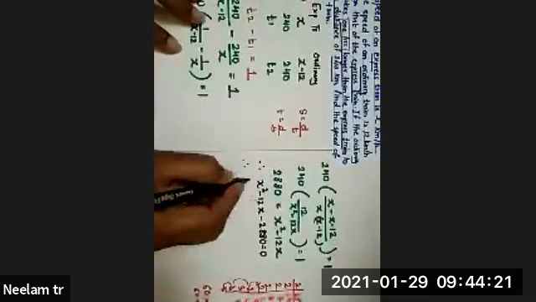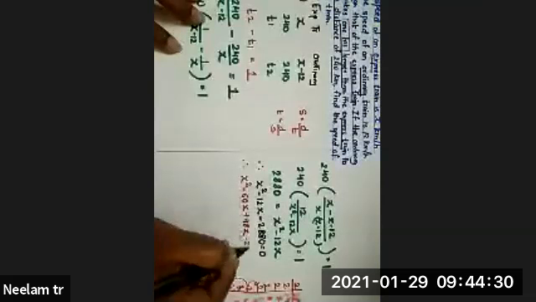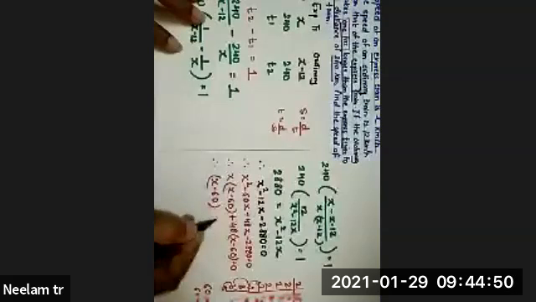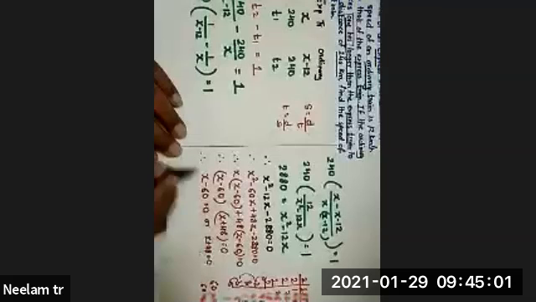Okay. So this will be x square minus 60x plus 48x minus 2880 is equal to 0. So x into x minus 60, and plus 48, x minus 60 and x plus 48. What you have to do: x minus 60 is equal to 0 or x plus 48 is equal to 0.